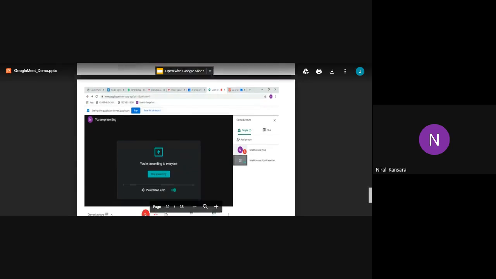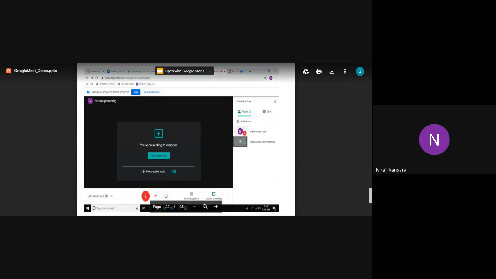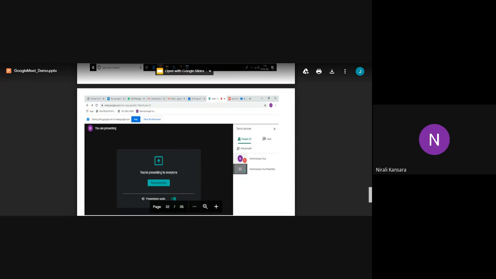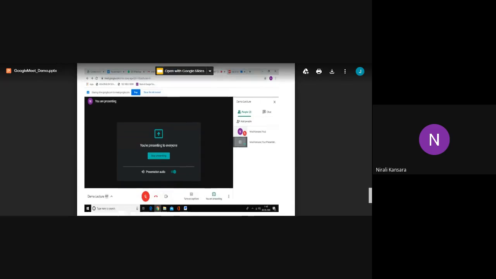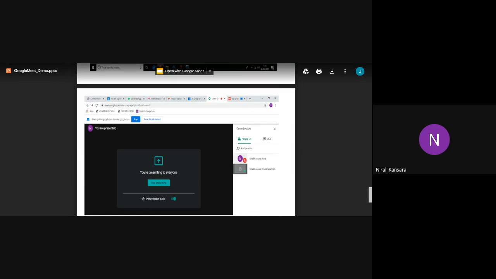Now I want to explain to you about participants who are in the meeting. They will be available in the Meet Demo tab. You have two tabs, but now you have completed sharing this file. So now again you have to concentrate on this Meet Demo tab. Now there may be a question in your mind when you are working with these two tabs, which file is being shared or which screen is being shared with students. So this screen is sharing something and this file is being shared. So students can only see the file which you have shared, PDF file only.